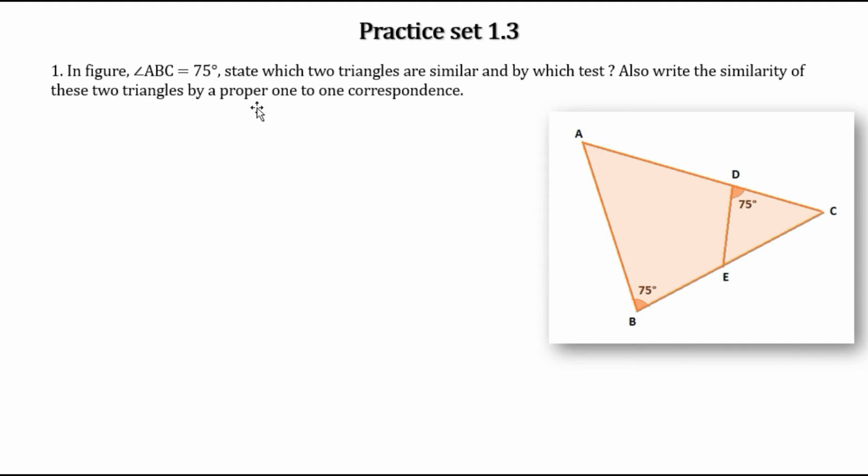Okay, in this question, we are given a figure. In the figure, triangle ABC and triangle EDC exist. Angle B is 75 degrees and angle D is again 75 degrees. So first of all, we have to select two triangles. So the solution we can write: